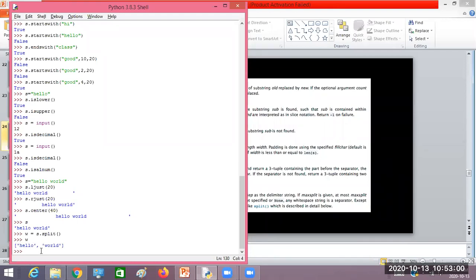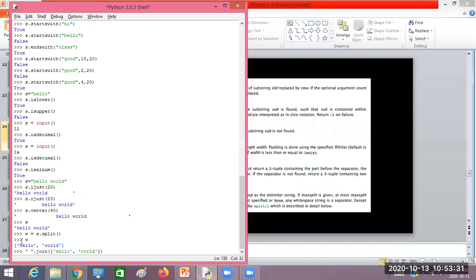By using a space, I want to join these two words: hello space world. That time you can use the function called join. Look here: the input must be a list of data to be joined, a list of strings, because the join method works only with string type of data. I'll show you that.